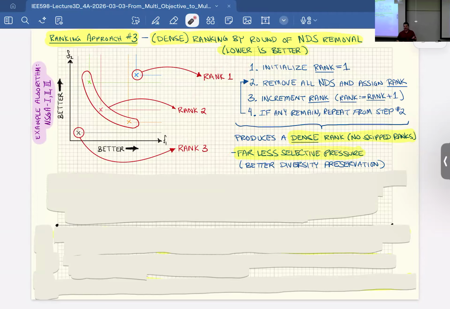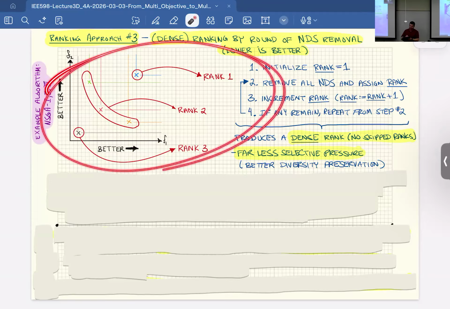And the nice thing about this approach is it creates a dense rank. When we talk about ranking mechanisms, even outside of evolutionary algorithms, we talk about sparse ranking systems where you can have gaps, and dense ranking systems. And this always produces a dense rank. There will be no gaps. And that has the weakest selective pressure. It still has some selective pressure, but it doesn't put a huge gap in between levels that's kind of arbitrary, like some of the other ones do. All right, questions about those three methods? I can say this has become a very influential approach, this peeling method here.